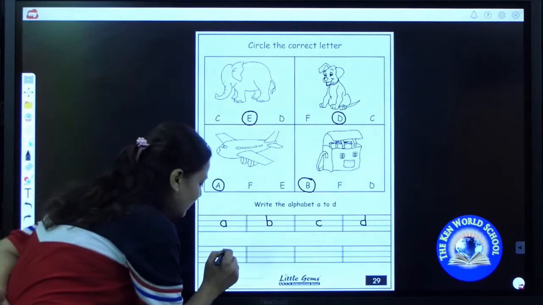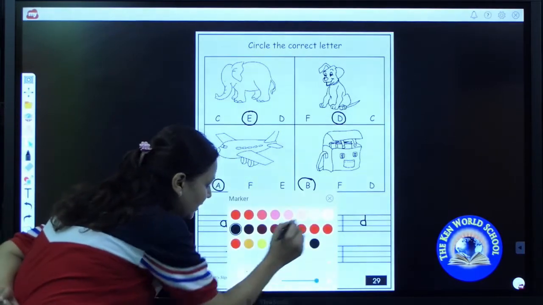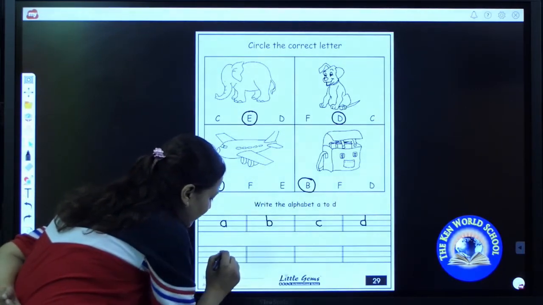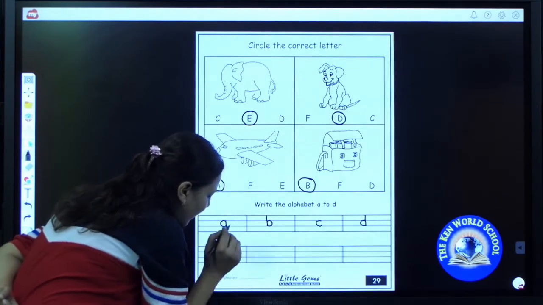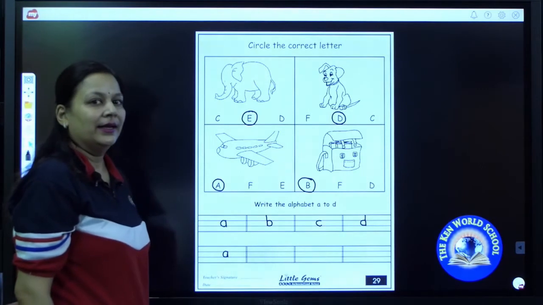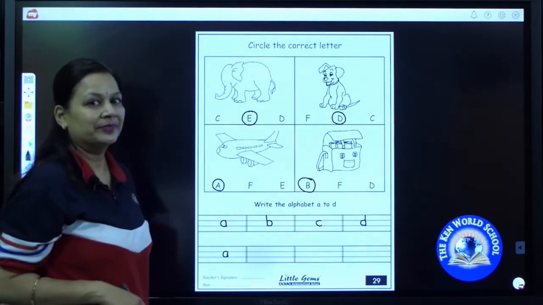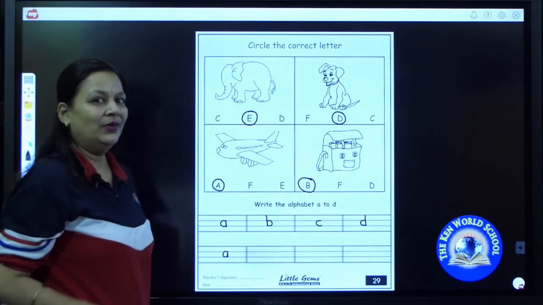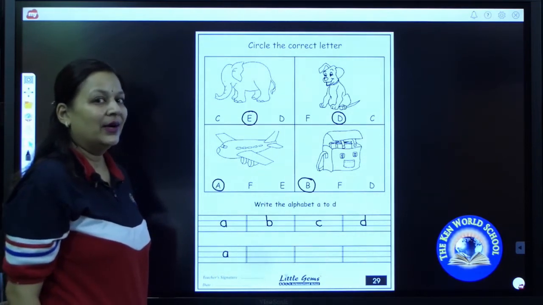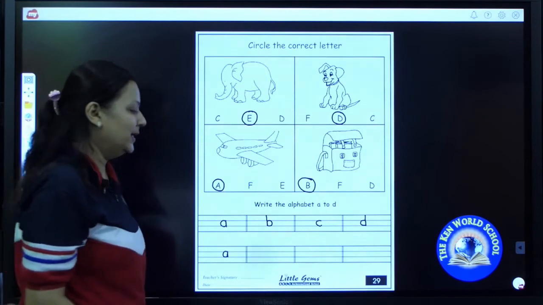Put your pencil on the middle line, make a curve till base line, go up to down, standing line, A. Now it's your turn to write A. Have you all done? Now what comes after A?